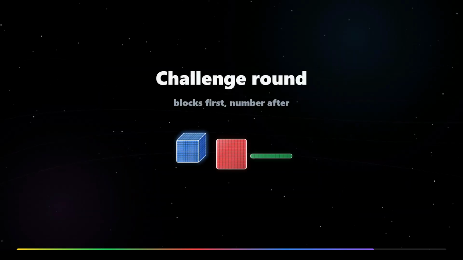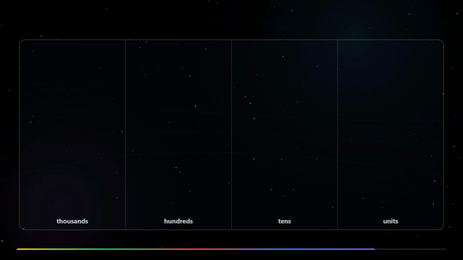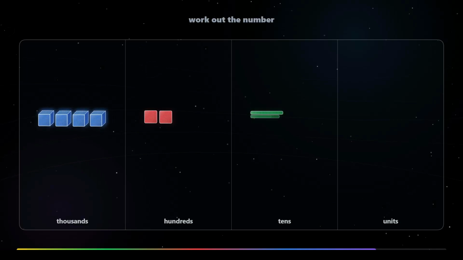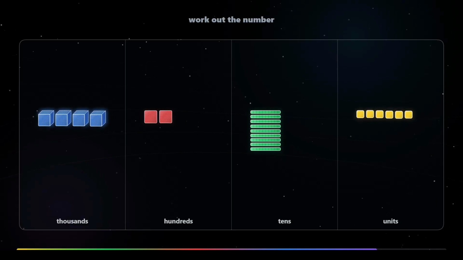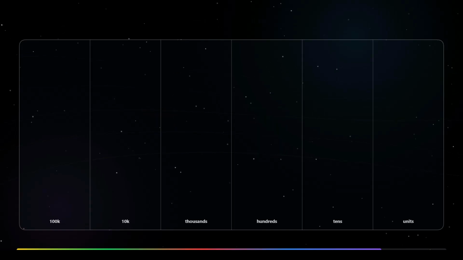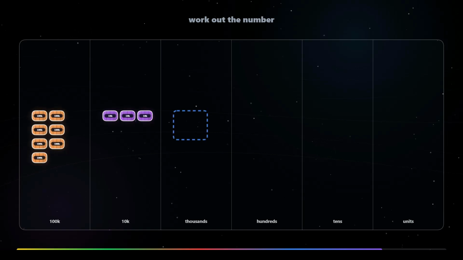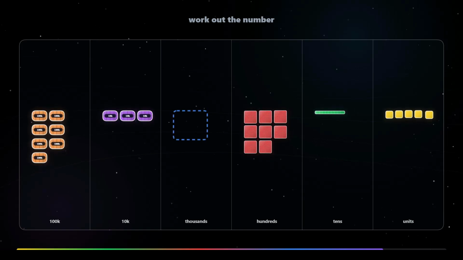Now let's finish with a challenge round. I will describe the blocks. You say the number. 4 thousand cubes, 2 hundred flats, 9 ten rods, 6 unit cubes. That is 4,000 plus 200 plus 90 plus 6. The number is 4,296. Next, 7 hundred-thousand blocks, 3 ten-thousand blocks, no 1,000 cubes, 8 flats, 1 ten rod, 5 unit cubes,